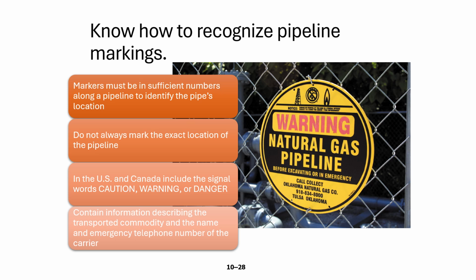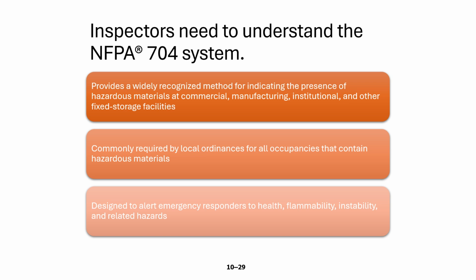Again, this is redundant, but we're looking at pipelines and the information necessary to help people understand that there is a pipeline, what might be transported in the pipeline, how to contact people, and that signal word, like a warning, that gives everyone an understanding that there is a hazard in the pipeline itself. All right, we're shifting gears a little bit, and we're going to talk about the NFPA 704